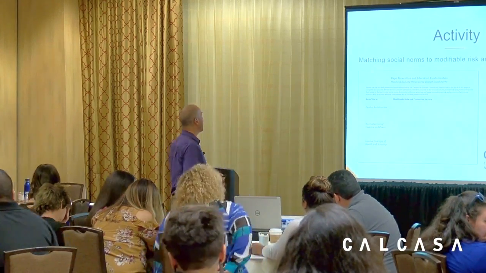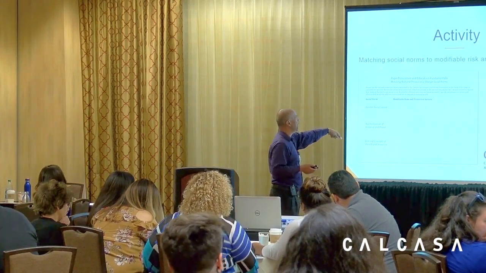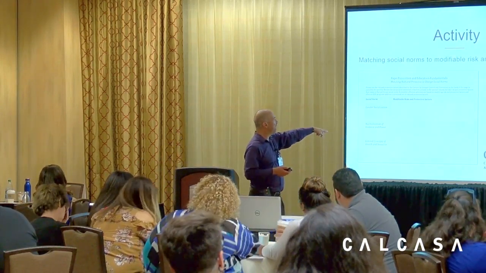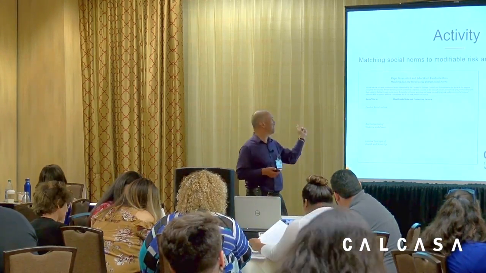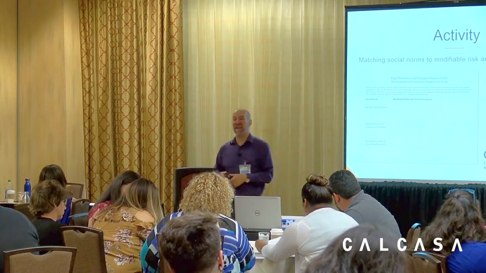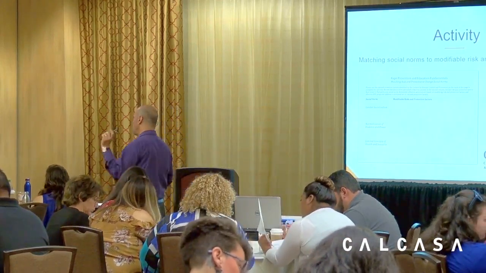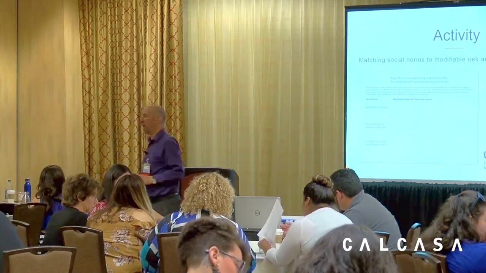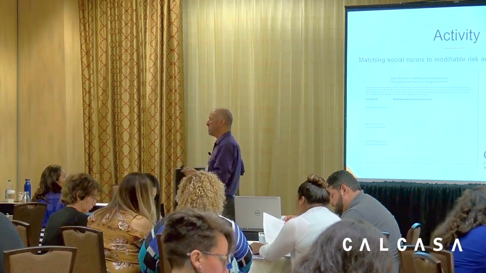So I want you just to think about what the risk factors are. Go look at one or two of these, and look at the list of risk factors that you have on the other list, or things that you see as risk factors. Just think about what some of the risk factors associated with that are. I'm going to do this for a few moments, so pick one to start with and see what you can talk about.